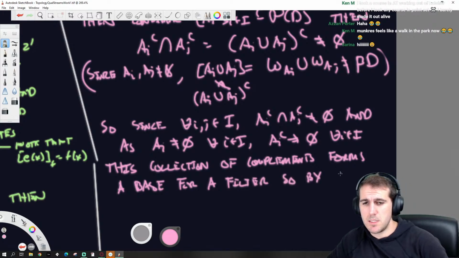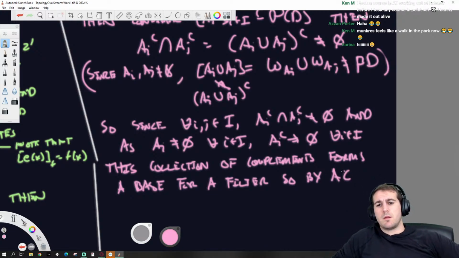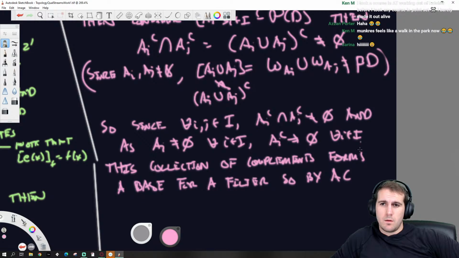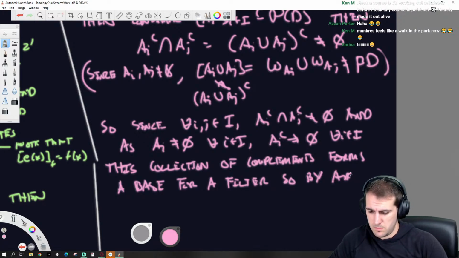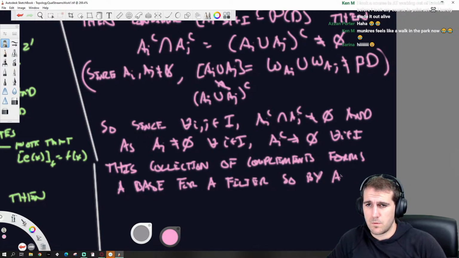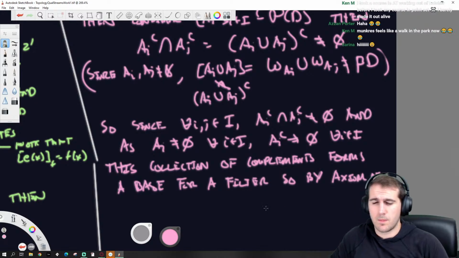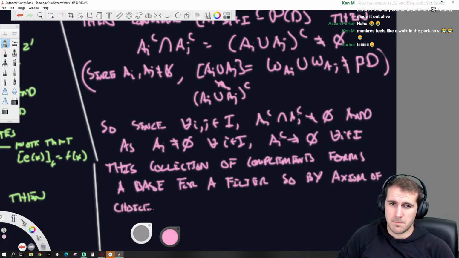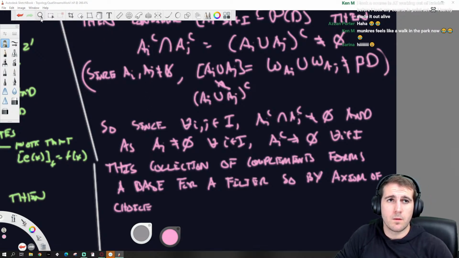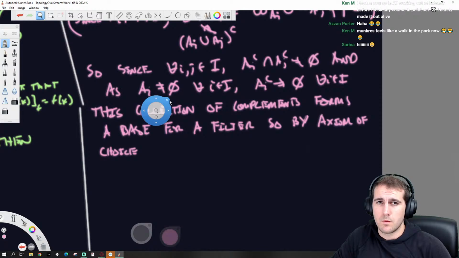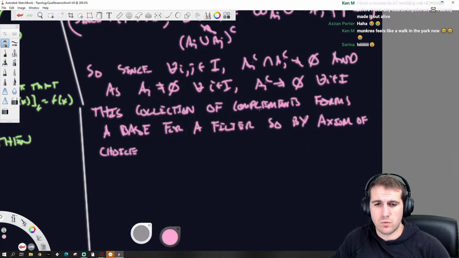So by the axiom of choice, it generates an ultrafilter.